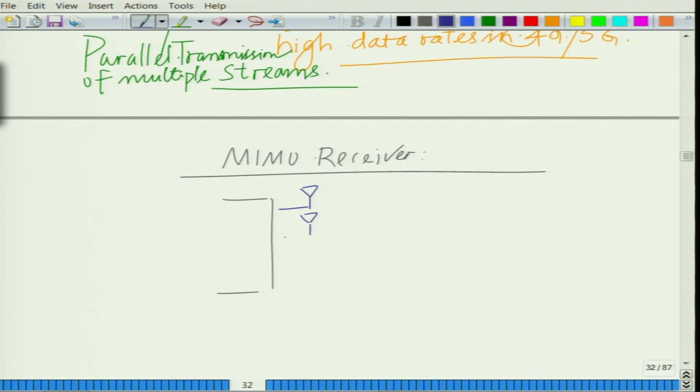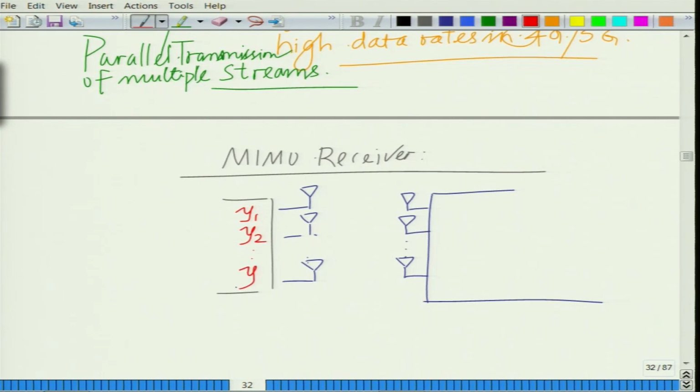Let us consider a special system with number of receive antennas equal to number of transmit antennas equal to R, and let us call these output symbols as Y1, Y2, YR. So, this is your receiver, this is your transmitter,